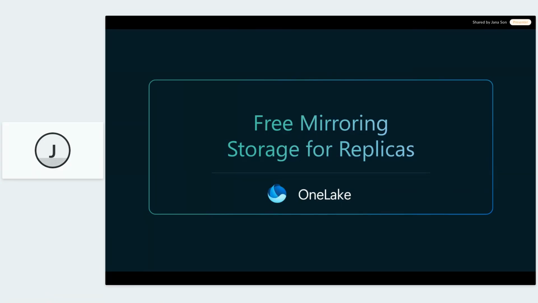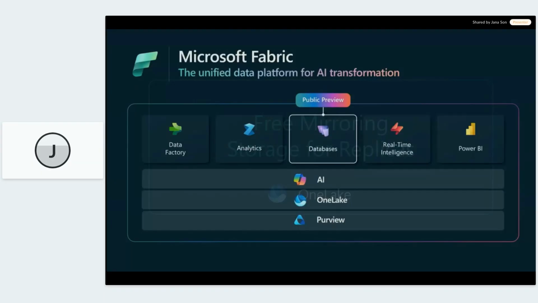But seeing Microsoft's constant investment into enhancing Fabric as the main analytics platform, it was only a matter of time, really, before they introduced Fabric databases as well. So that announcement went into public preview at Ignite in November last year. And it means that now we not only have analytical capabilities in Fabric, but also a transactional database directly available from Fabric. And of course, it's fully integrated into all your other Fabric experiences with the other engines.